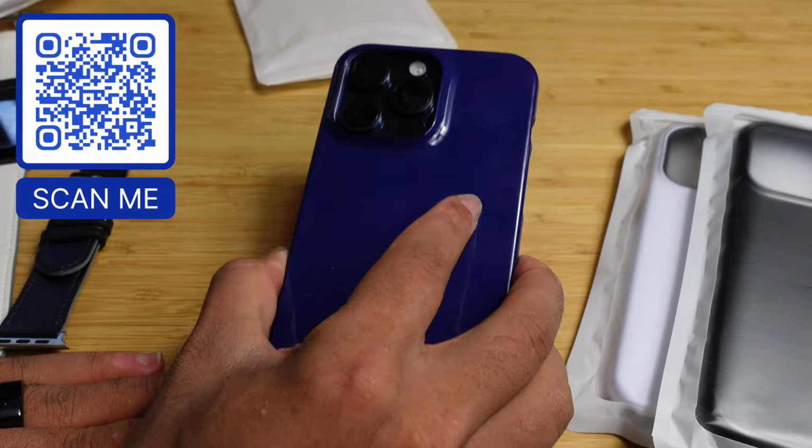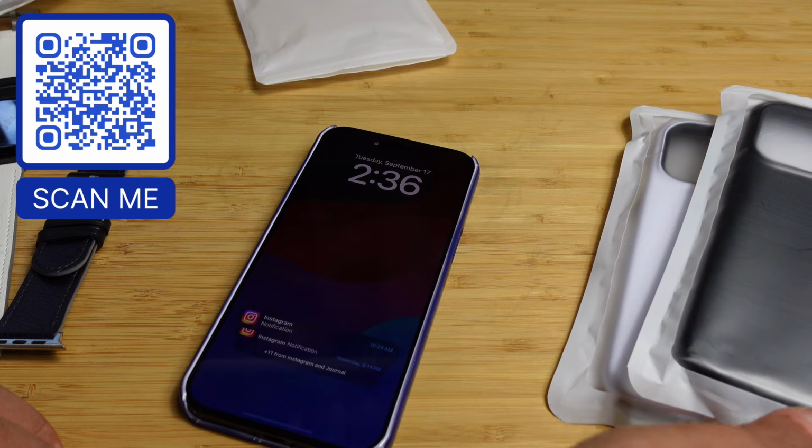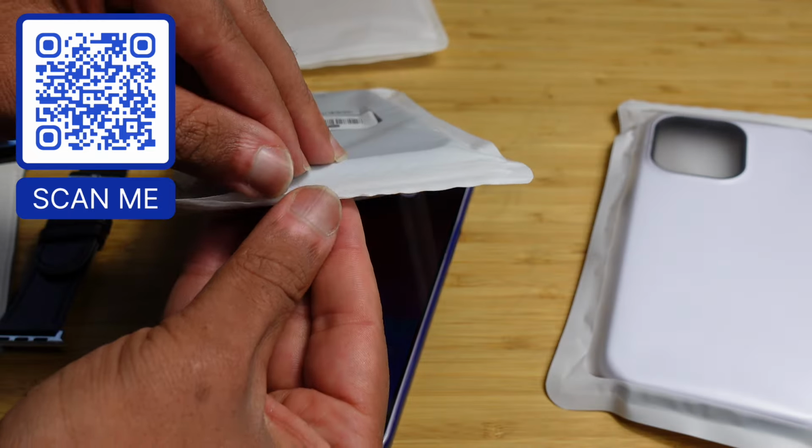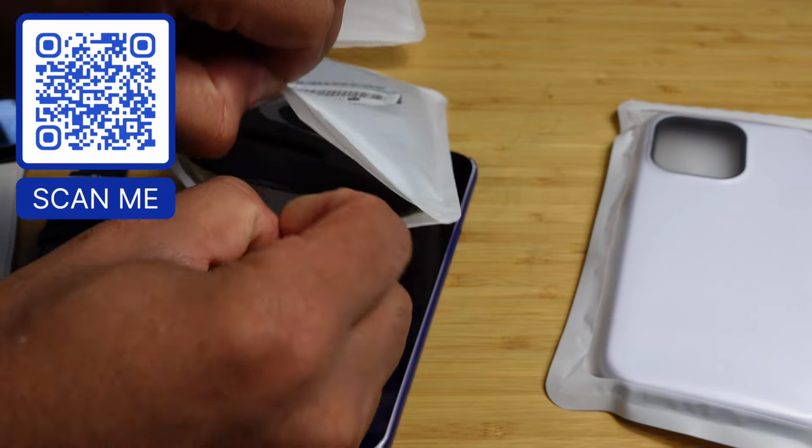So that is the case, and you can see here we've got several other case designs. We can go ahead and open those up one by one and check them out. So we've got